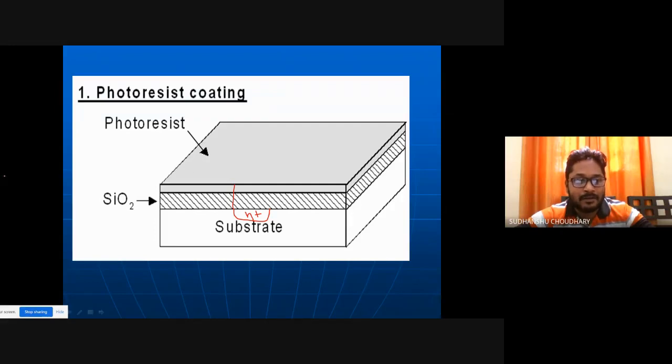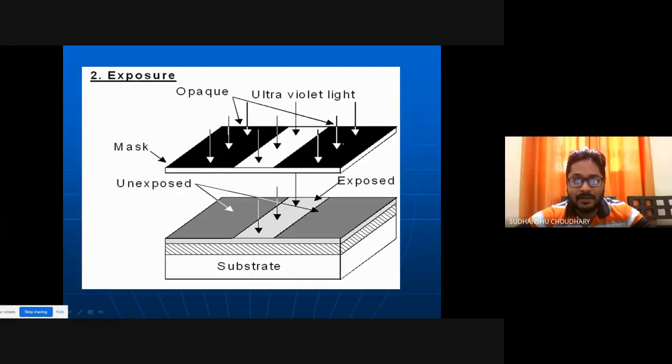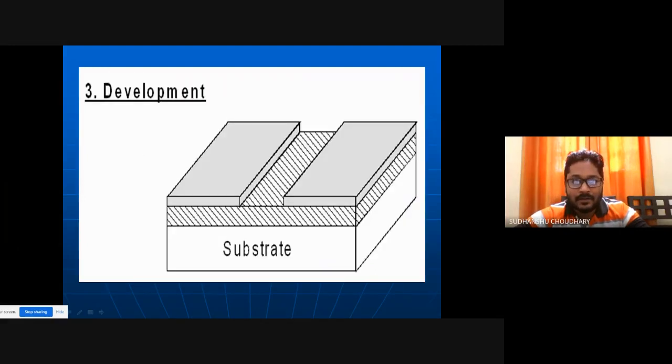Again, for doing this, we deposit photoresist on the silicon dioxide layer. Then we create a mask, and this time the chromium patterning is done in regions 1 and 2, and region 3 is transparent. That means regions 1 and 2 are unexposed to UV light, and 3 is exposed. Now 3 became soluble, so the photoresist in region 3 is removed.